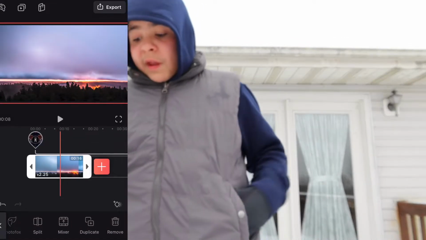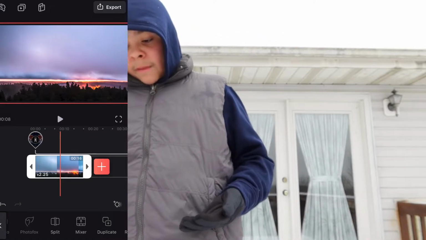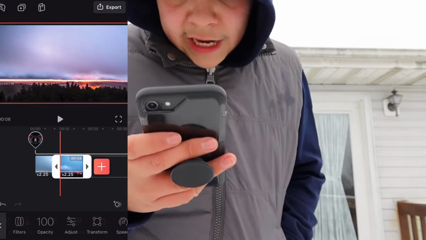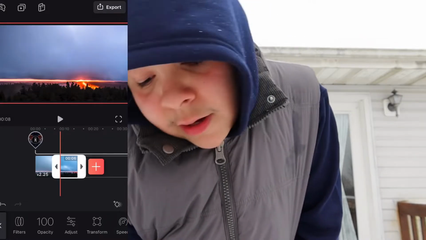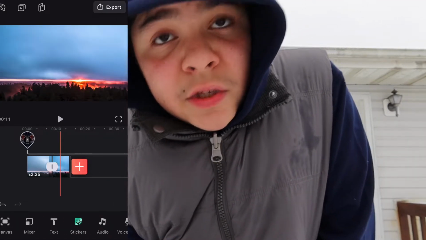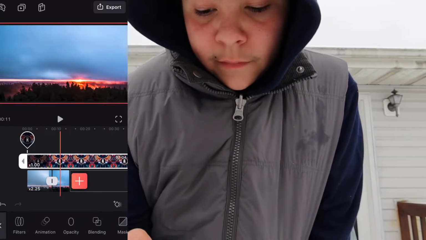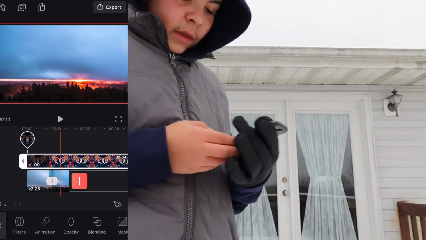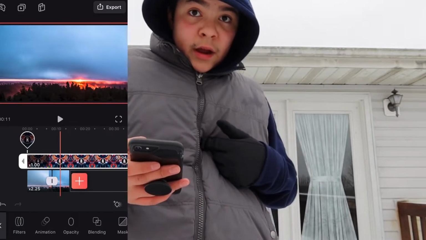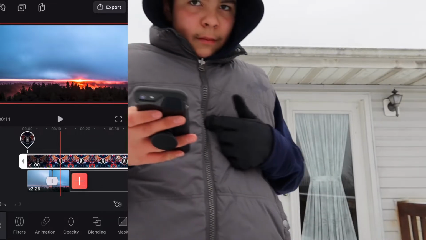You can also duplicate your clips, remove your clips. You can split your clips and make them shorter by touching the frames of the clips. You can also add animations to your mixer videos, as in the ones on top, where I put my music. Well, it's not mine, but that's what